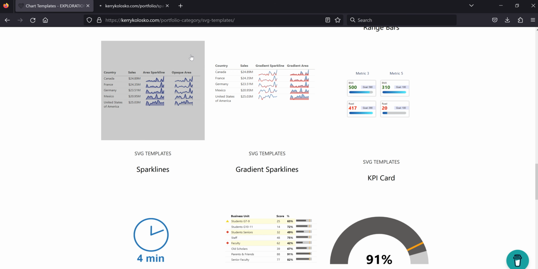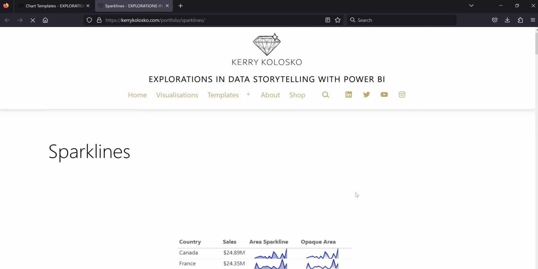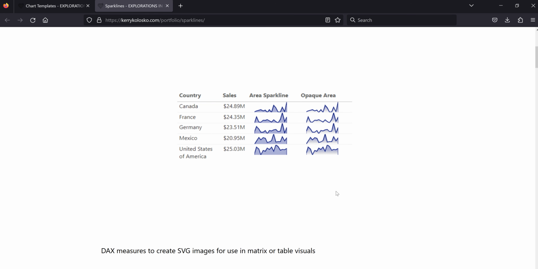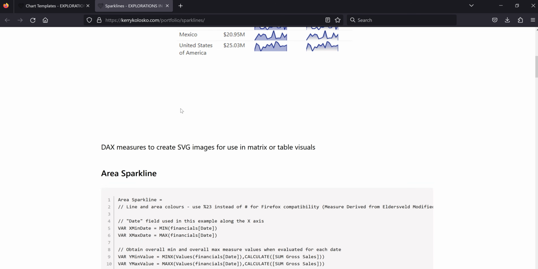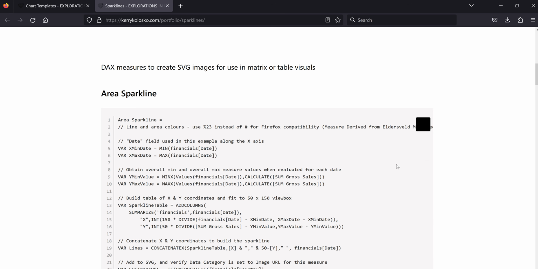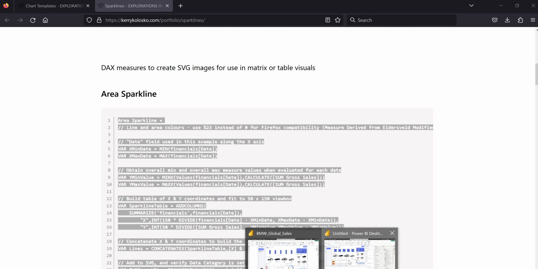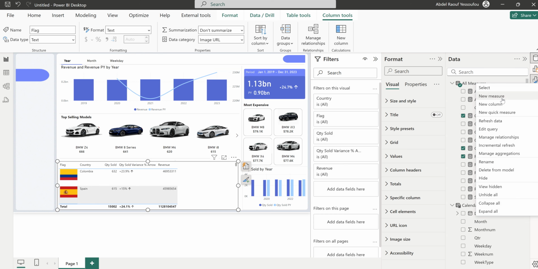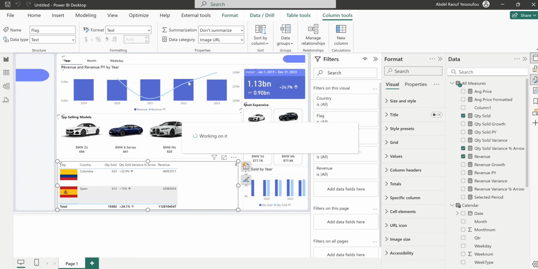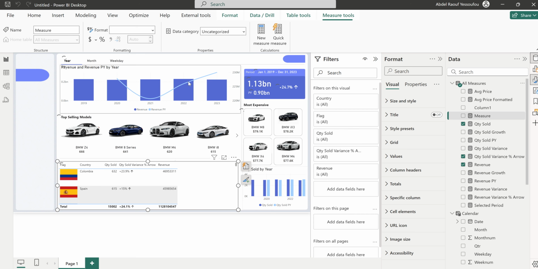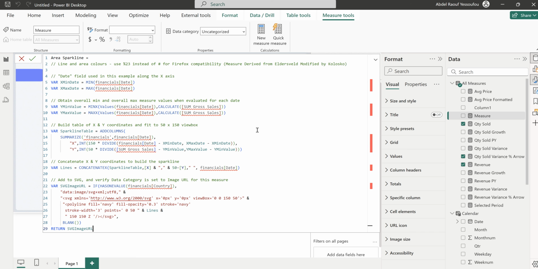So open a new tab. Okay, so we need the area Sparkline, or we can use the opaque area, anyone. So this is the area Sparkline. So what I need to do is to copy this, and then let's go here and then say revenue and create a new measure. Okay, so we are creating a new measure for revenue. So I'll call this one revenue